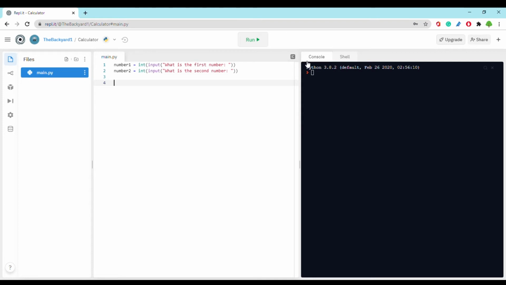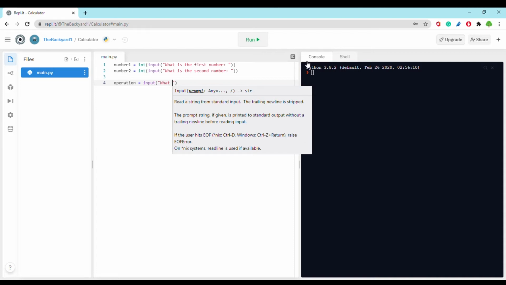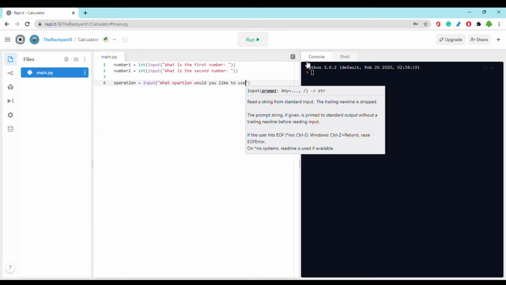So let's craft that. So we can write operation is equal to, this time we don't need to use integer input because we could just say if this string is equal to this string. We don't need the actual integer. So input is equal to, what operation would you like to use? Then we have to give them, okay,